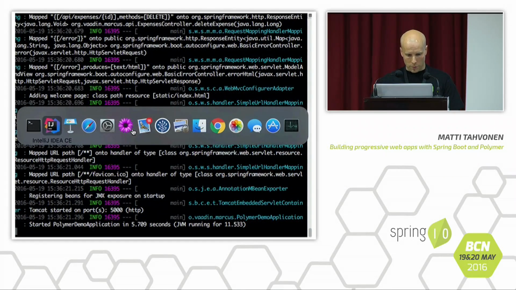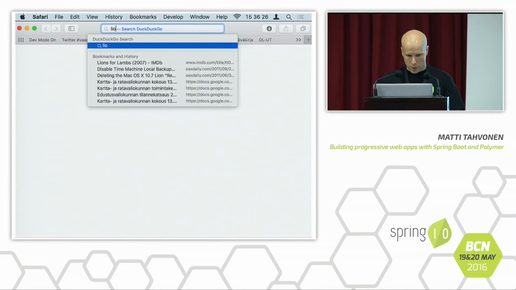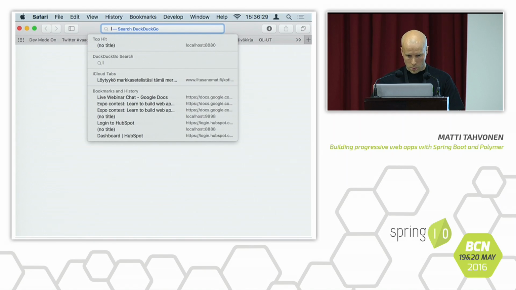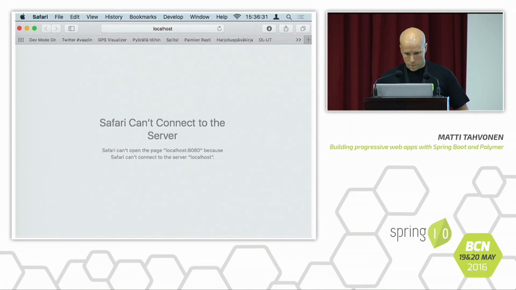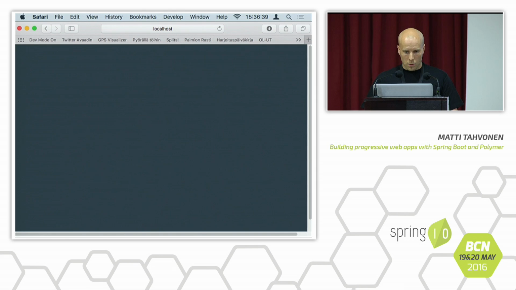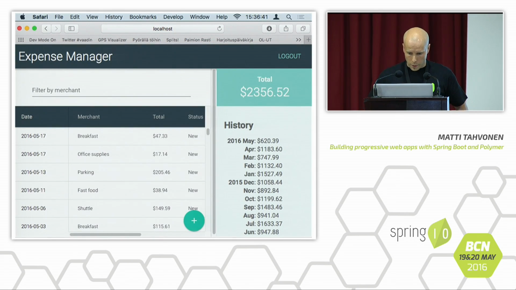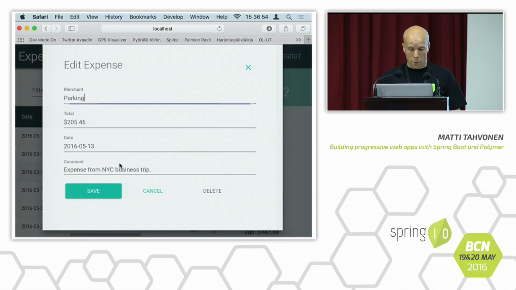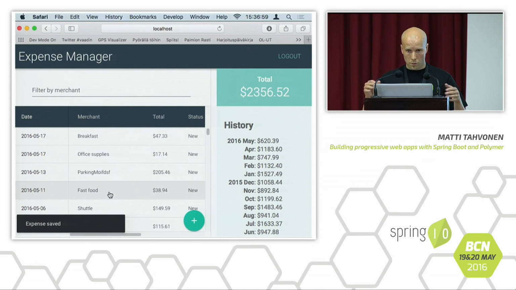Okay, now we have Tomcat running, and if we look at this application, actually it was not running there, it was here, on port 5000, and we have the actual Spring Boot based application, and this one actually goes to the server. The previous example only used local storage and saved the data there, but this one, when you go to your expense, modify it and save it, goes all the way through the REST service